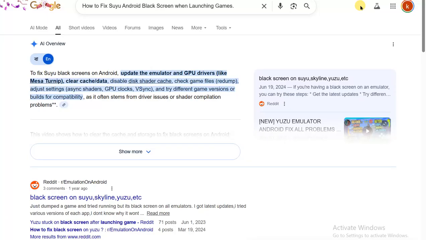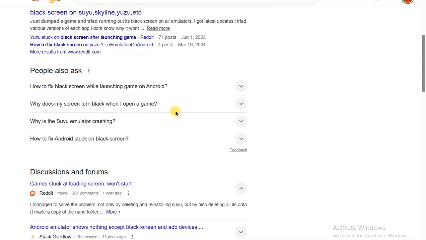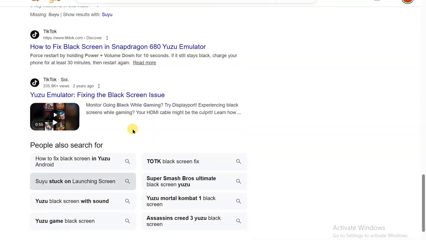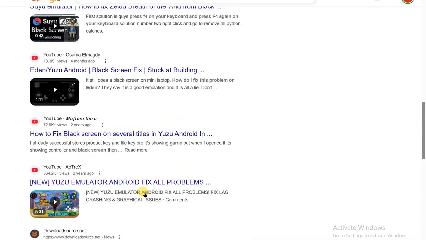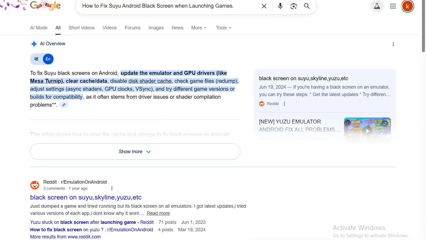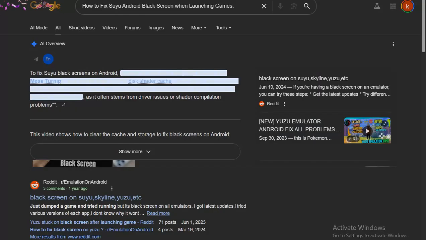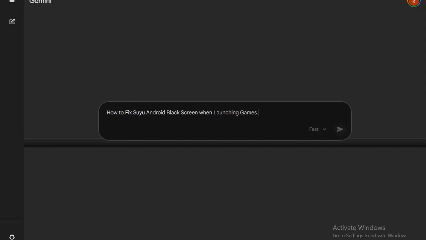Most solutions on YouTube or social media are complicated, confusing, and hard to follow, and they often fail. That is why Rex is sharing a secret easy trick that quickly fixes the black screen issue and makes Suyu Android launch games properly. This simple method works fast, stays safe, and ensures you can play your games without errors